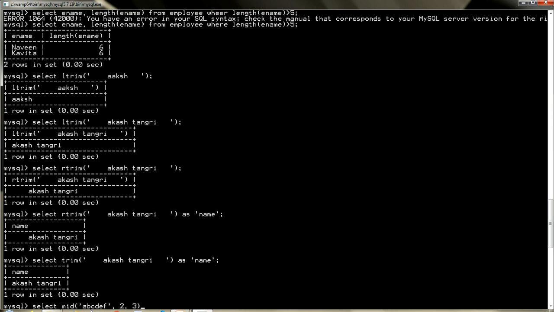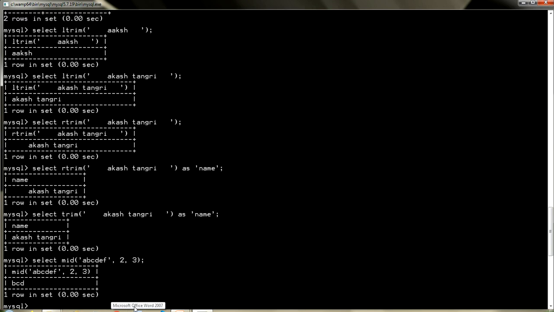Now first is the string from where you want to extract the characters. Second is basically start from the second character, and third parameter is basically the number of characters that you want to extract. So ABCDEF is the string, to start from the second character and extract next 3 characters. So BCD will be the answer.